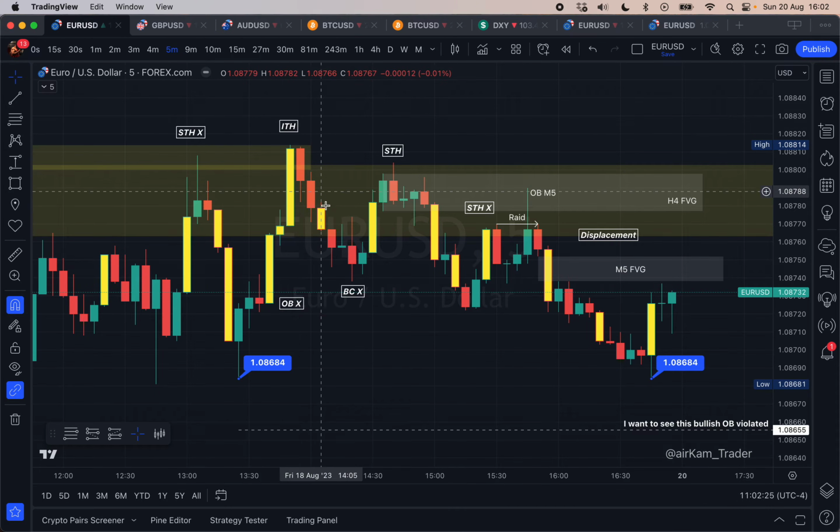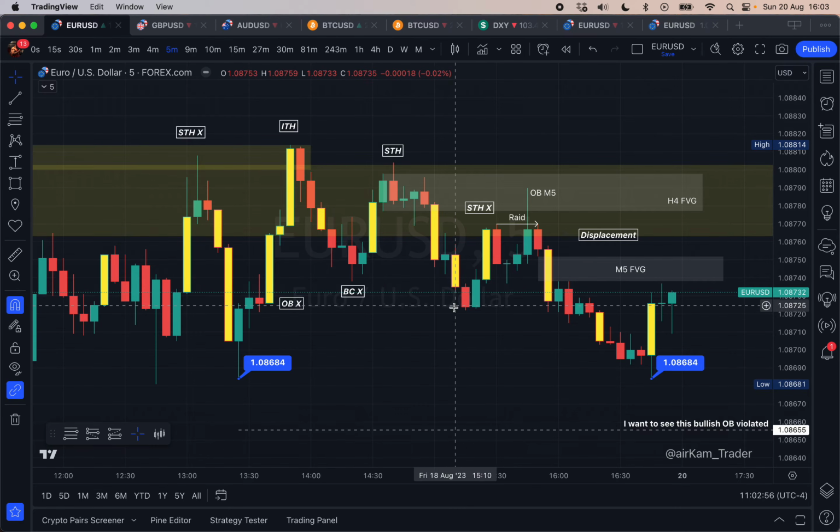What did we do here? This candle, what is it doing? It rebalanced this fair value gap into this order block. This is a balancing candle. We then took out this balancing candle. Now, when we violate a candle that's balancing something else, this is a major indication that the market has switched. So this was a bullish market because it was addressing this fair value gap. But as soon as we violated it, we are no longer fully bullish.